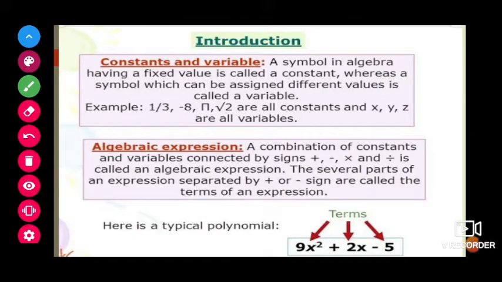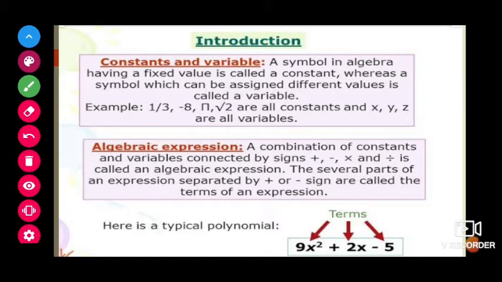First we will recall what we know from last year. If we take any algebra, first we start with constants and variables. What is meant by constants? Always keep in mind, all the numbers, the value will never change. Whatever the number is, decimal, fraction, any number will come